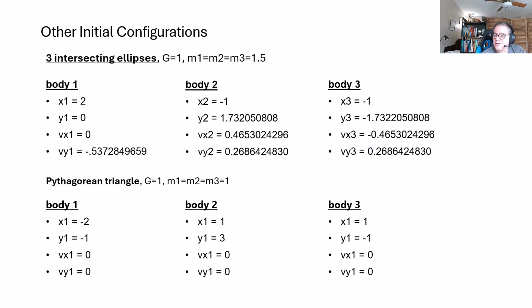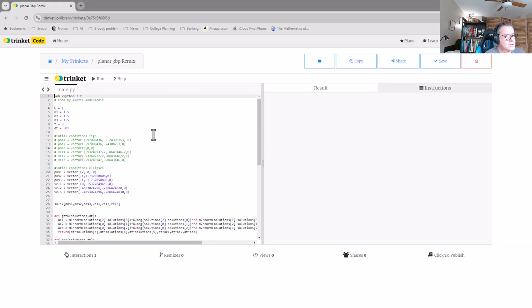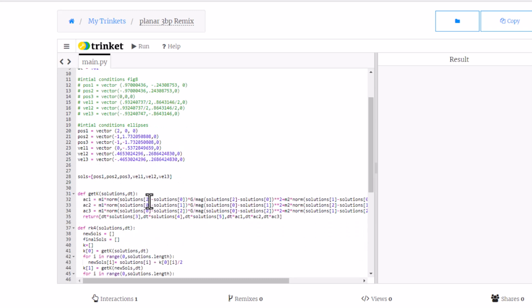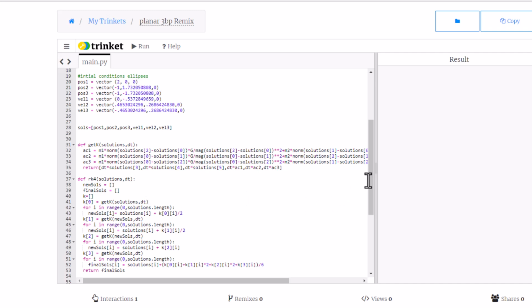Now, these are the initial conditions for those three intersecting ellipses, if you want to try this. And I'll put those same conditions into the code that was written by Alexis. So here's her code, and I have commented out the figure 8, and I have the intersecting ellipses, and her code,